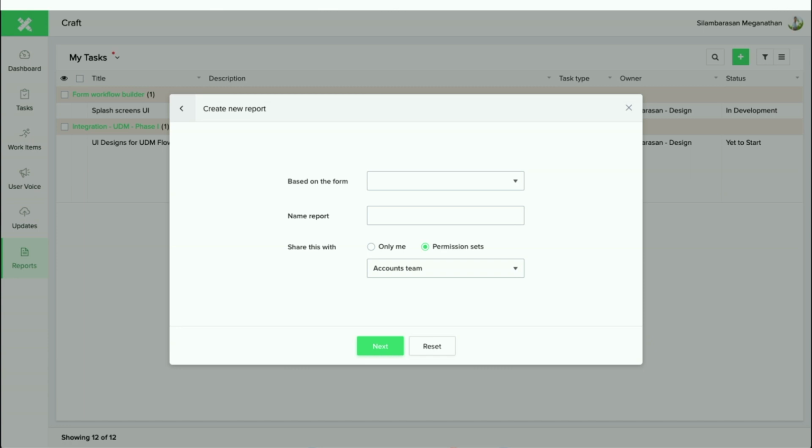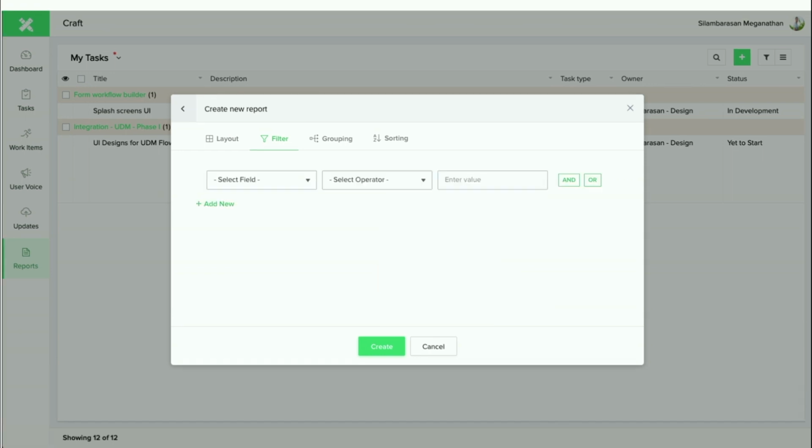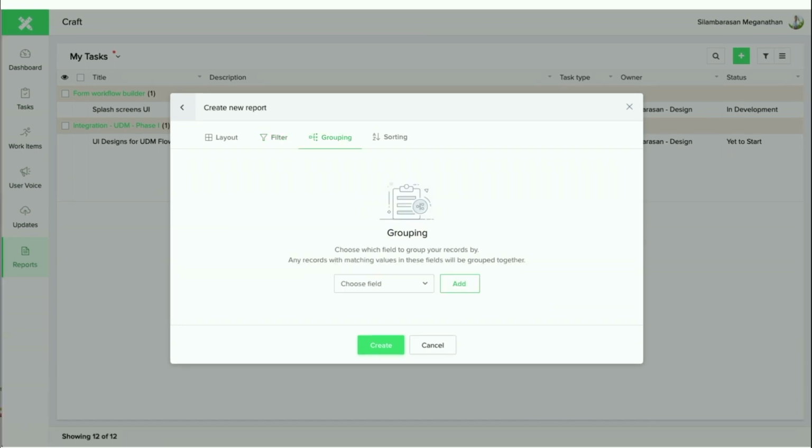Is it going to be for only you, for a private access, or is it going to be to a specific permission set? You'll be able to share that in here. And other things, you'll have the option to configure a quick view, a detailed view, apply some filters, apply grouping and sorting section. The screenshots are available for everything in here.